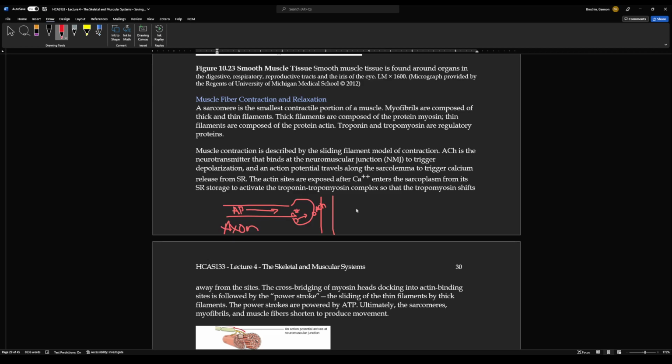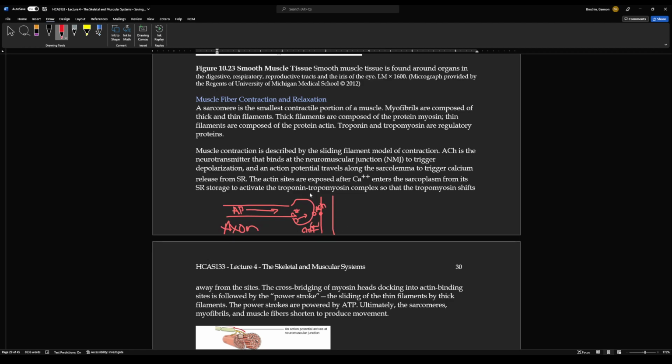So the cleft, remember, is this space here. Kind of running out of space. Should have made a couple extra lines. But the cleft is this space here where my mouse is. And the ACH travels across and then binds to the acetylcholine receptor. That then causes the sarcolemma of the muscle to release calcium. Okay? And we'll talk about what happens there in a second, but there's one more step to talk about here